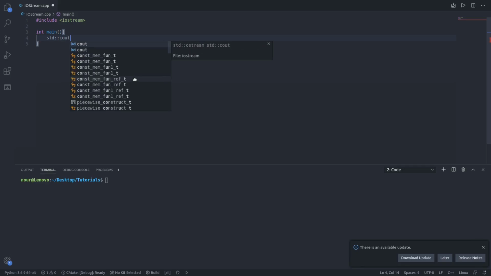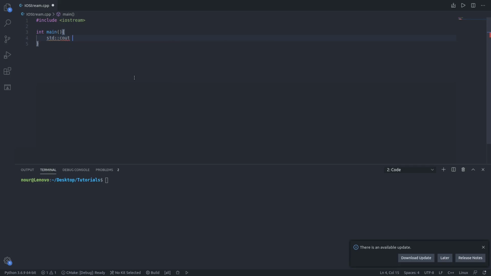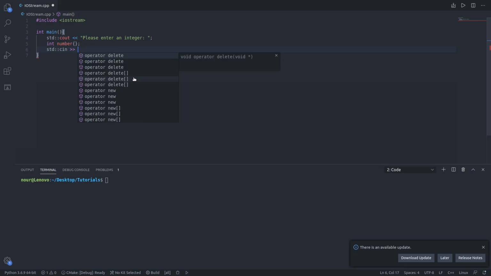So std::cout, and I'll just add a quick text: "Please enter an integer", and let's define our integer number here. I'll just initialize it to 0, and now we use std::cin with the extraction operator, so 2 greater than signs, and we just give it our variable here,